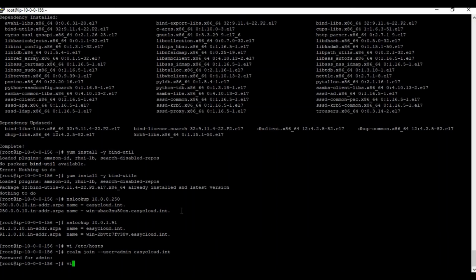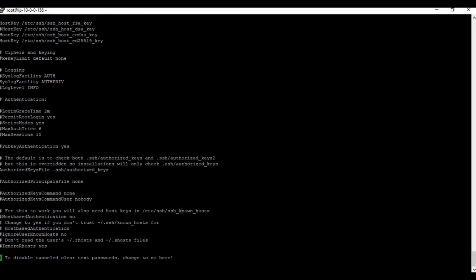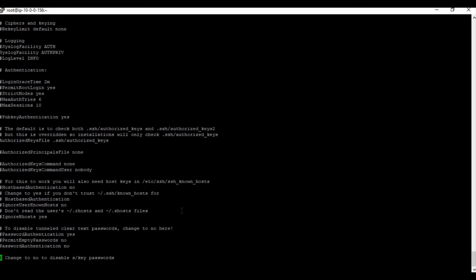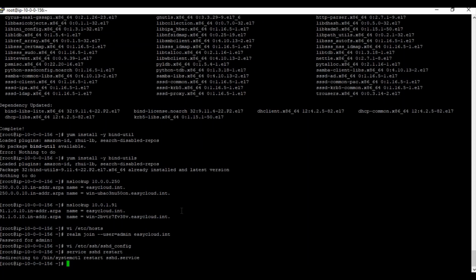We need to manually go ahead and enable it. So let's go here, the /etc/ssh/sshd_config file. Here we need to enable this. That's all. Save this file and restart the sshd service. The reason why we are doing this is that only then will we be able to use the domain credentials to log into the server. If not, we will not be able to use it. Okay, so it is done.